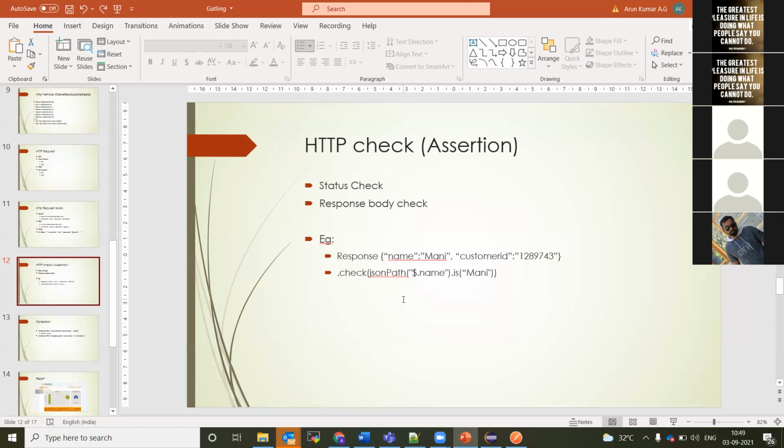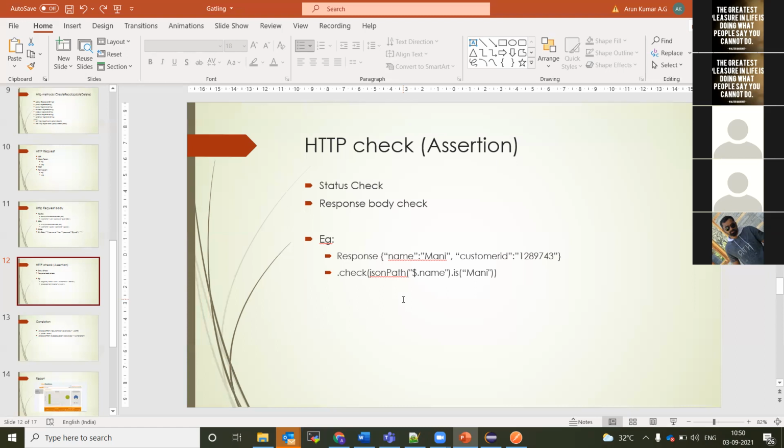Whatever you are seeing as dollar dot name is the JSON path. If you attended the API sessions, you understand what is meant by JSON path. This is like our locator identifier in UI automation. In UI automation, you use the UI locator, right? That's how we identify the path in the JSON. So in this particular JSON, for dollar name, what is the value? Money. Now, if instead of money I had given Chris, this will fail, because the response I got is money but here I'm giving Chris. The assertion will fail. This is what the dot check method does.